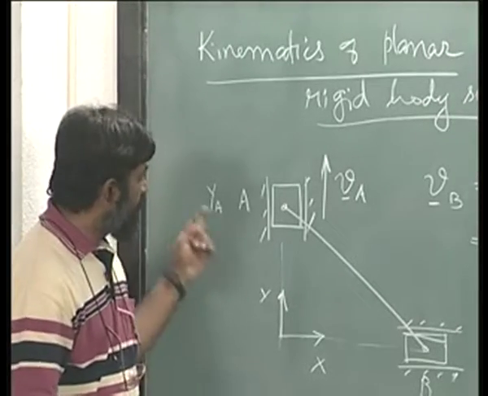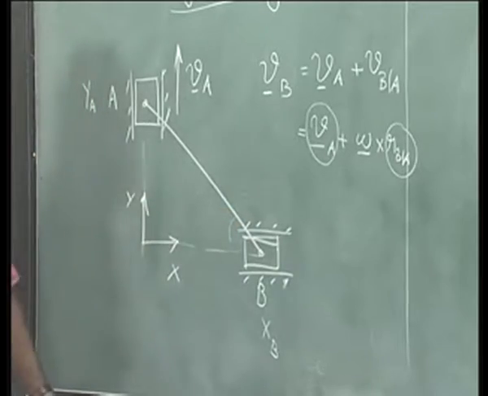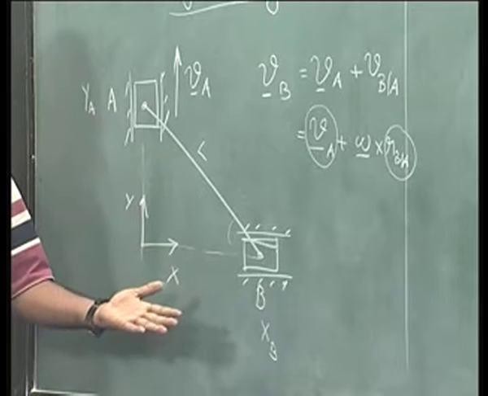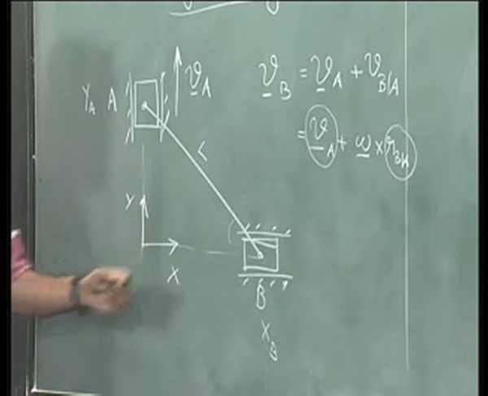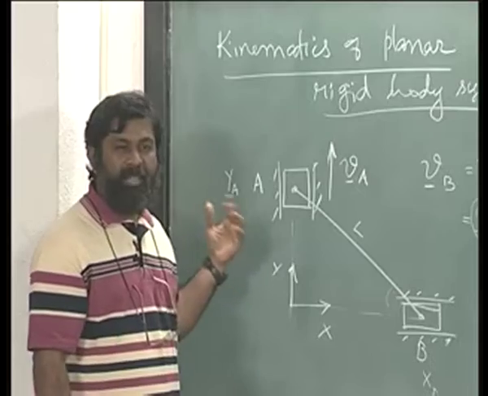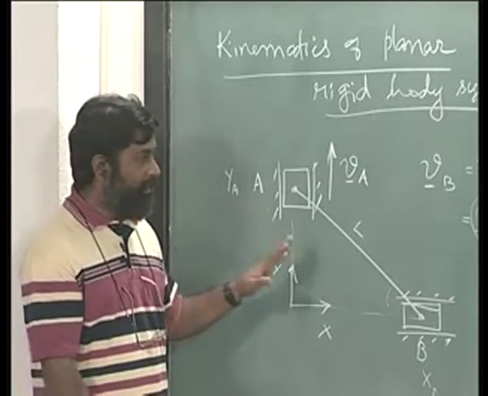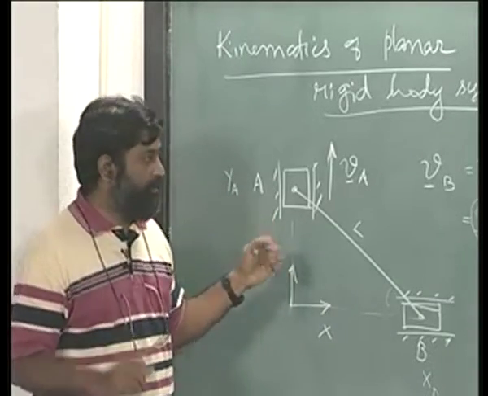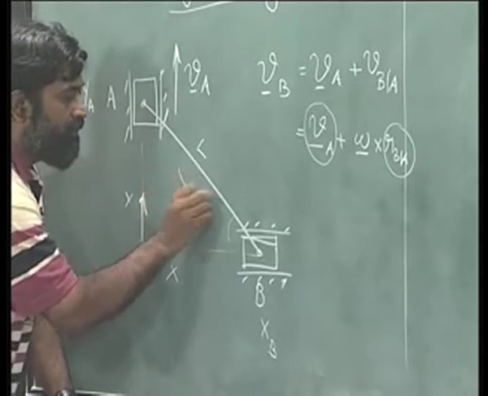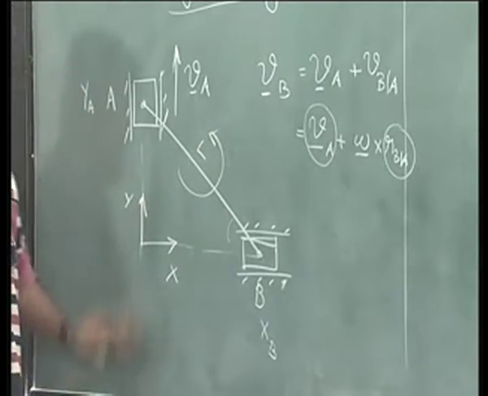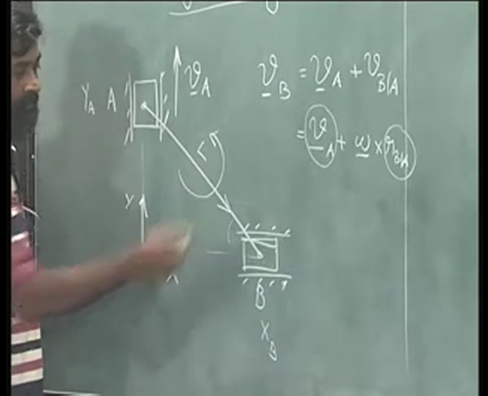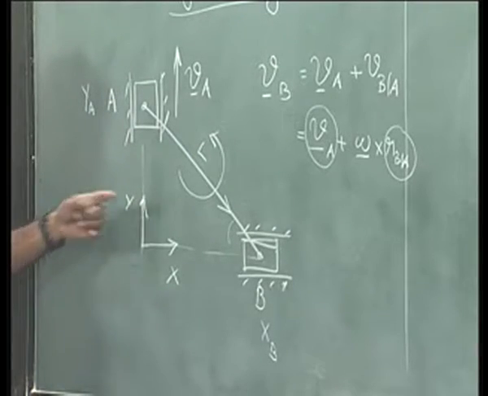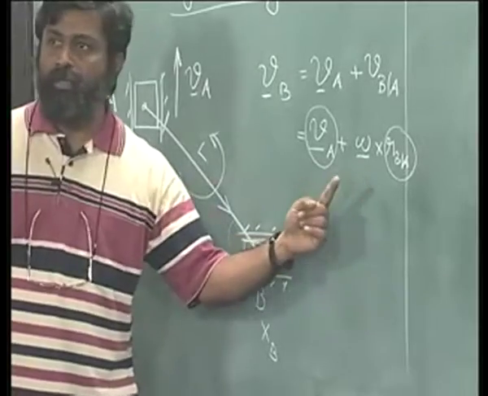Sometimes this is given, sometimes the angle is given. The length is given and the angle is given. Any two geometrical values are given, length and angle, or x A and y A, x B and y A. Given this, the geometry of the current location, remember what I am using here, current location is known. What is this omega? Omega of this, which is like this. What is r B with respect to A? It is like this. So, r B with respect to A is known. Is omega known? The answer is no.